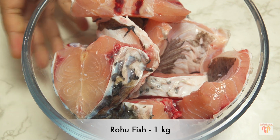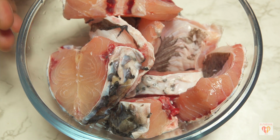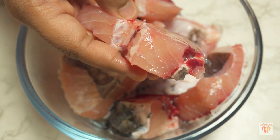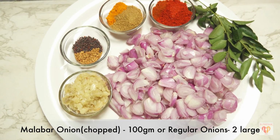So for this recipe, I have taken here Rohu fish, that's a classic freshwater fish, around 1 kg, and I have cut the pieces into thick slices, like 1 inch thickness of each slice. This tastes awesome for this curry. So here I washed it and drained out the excess water, and few more basic ingredients for this curry are: